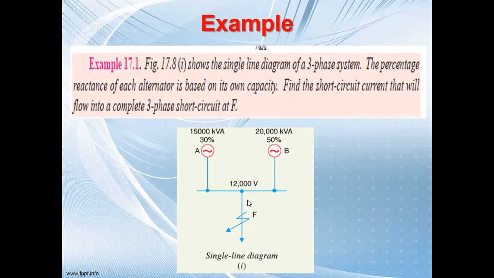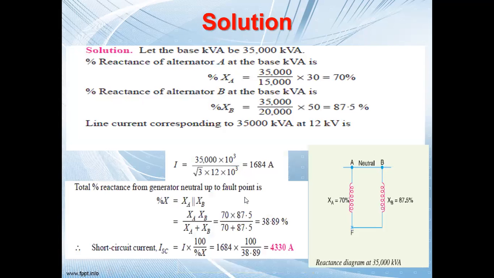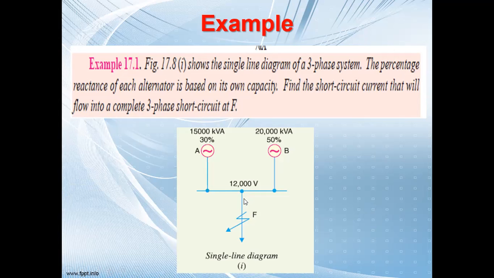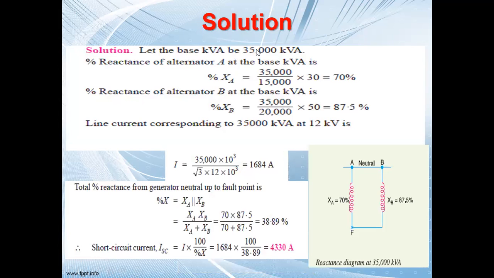So we need to calculate, if a fault occurs here, what should be the fault current, or let us say short circuit current. That is our interest. Okay, so we'll apply the same steps whatever we have just now discussed. So how to do that? We'll first choose, let us say, a base kVA. So we are choosing a base kVA of 35,000 kVA. Now I have told you, you can choose this base kVA as per your wish. Here it is written 35,000. If you take 25,000 also, there will not be a problem, the answer will remain the same. So choosing a base kVA doesn't matter. It will not affect your final output. It will be the same.